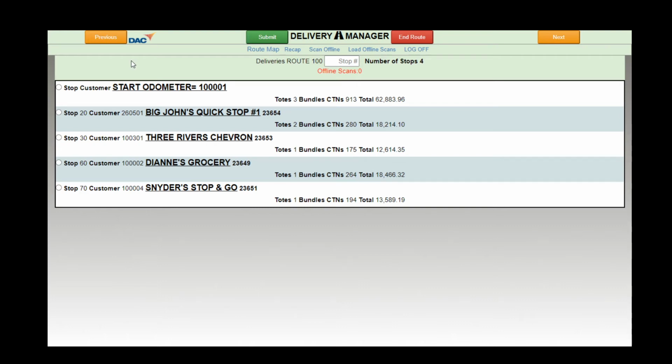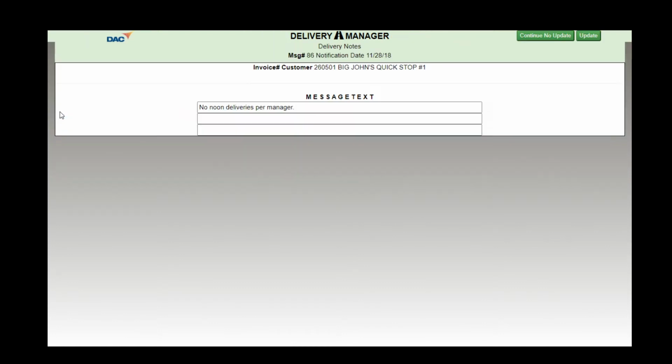Welcome to part 2 of basic operations in DAC Delivery Manager. So from the landing page, let's look at the contents inside of a particular stop. If we touch on a tablet, the little circular button, or click with the mouse to go into that